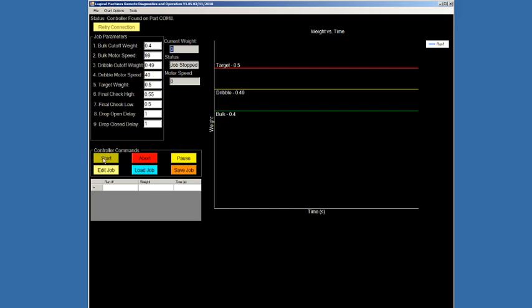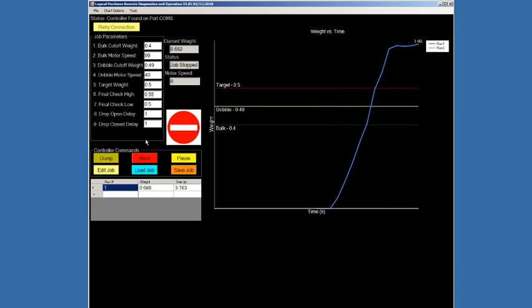Under the commands box, we're going to activate the machine through the start button, so we can click on that there. And you can hear my machine in the background running pretty hard. That's due to this 99% motor speed. And you'll notice that we have overshot our target by a substantial amount. So the target is 0.5, and we are now currently at a weight of 0.688. It didn't take us very long to reach it at 3.163 seconds,